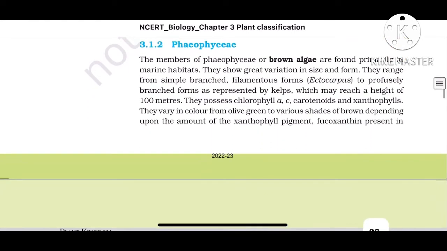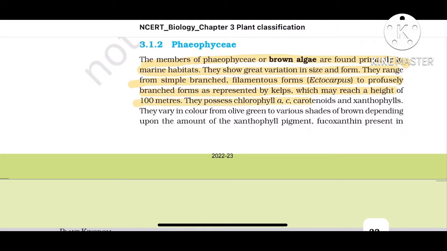Phaeophyceae. The members of Phaeophyceae or brown algae are found primarily in marine habitats. They show great variation in size and form. They range from simple branched filamentous forms, Ectocarpus, to profusely branched forms as represented by kelps, which may reach a height of 100 meters. They possess chlorophyll a,